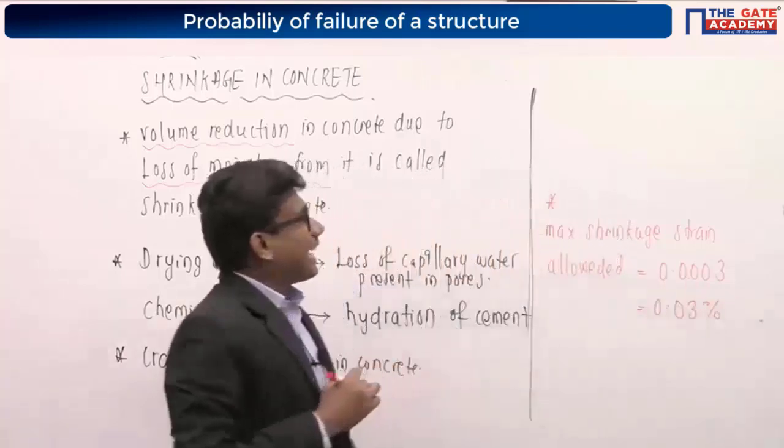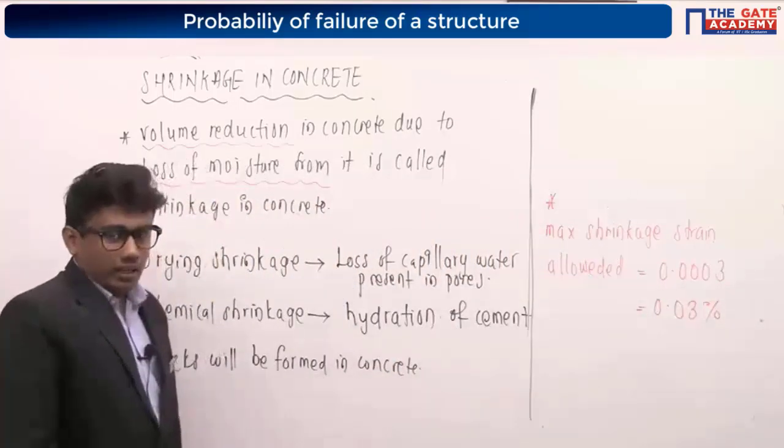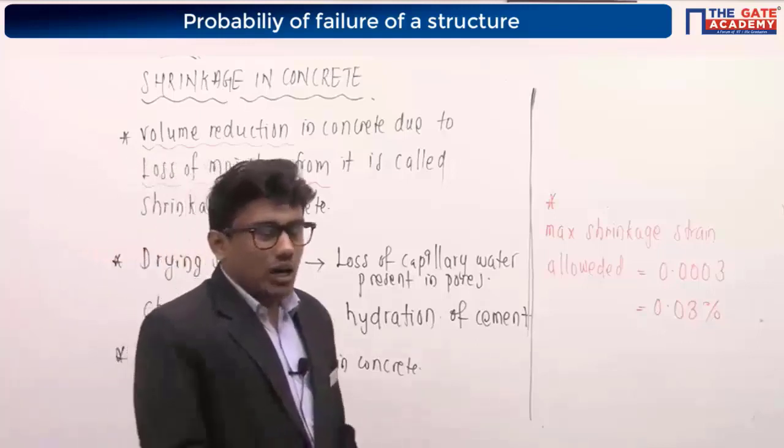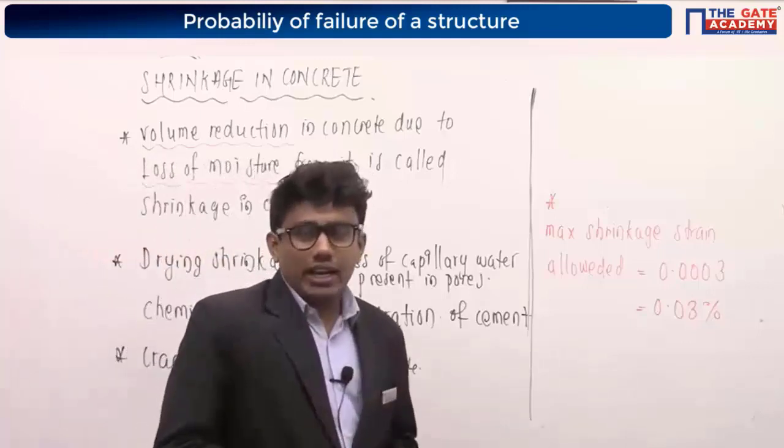As per IS 456:2000, the maximum shrinkage strain which can be allowed in concrete is around